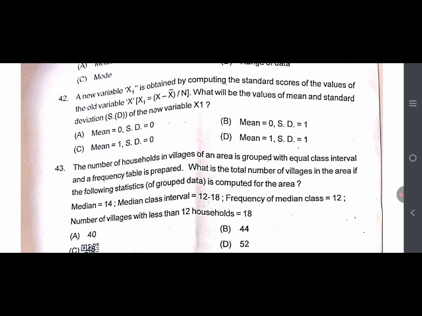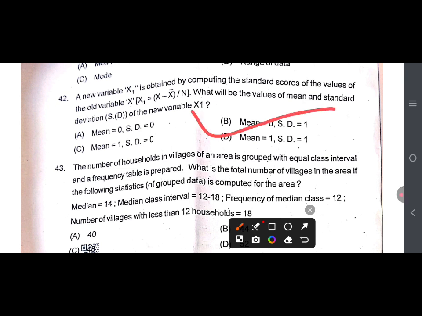What will be the values of mean and standard deviation SD of the new variable x1? ठीक आंसर टी हबो ऑप्शन ए मीन इज इक्वल टू 0 SD इज इक्वल टू 1 ऑप्शन बी ठीक आंसर टी हबो